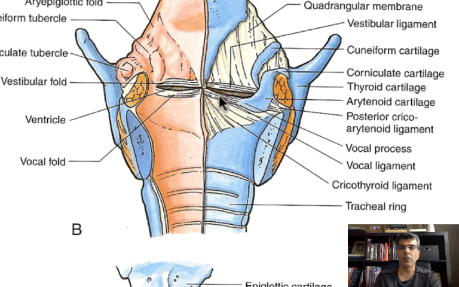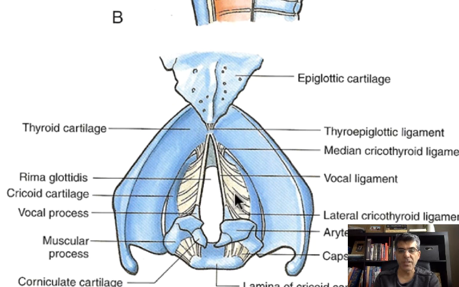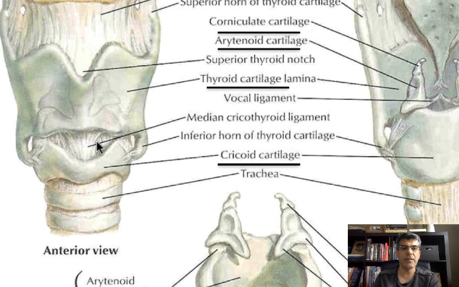Below this vocal cord, we have another ligament that attaches to the cricoid cartilage. In other words, this ligament, which is called cricothyroid ligament, has a free edge at the top, and that free edge is your vocal cord. So therefore, this one must be cricothyroid ligament. Isn't it the cricothyroid ligament we just mentioned? Remember, cricothyroid ligament is a ligament between cricoid and thyroid. We said the middle part is called median, and each side is called lateral.